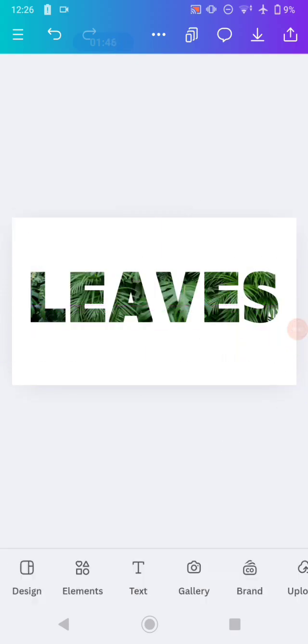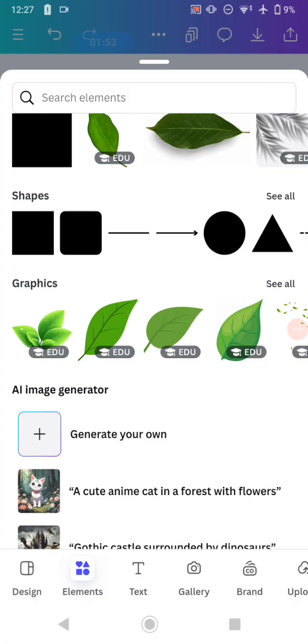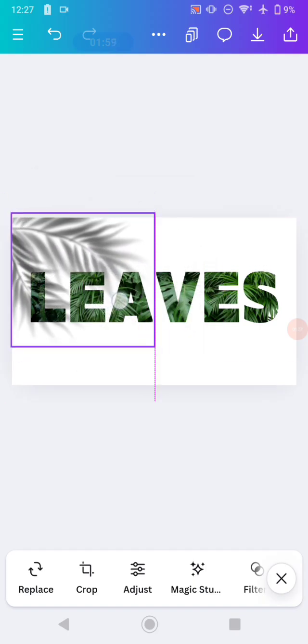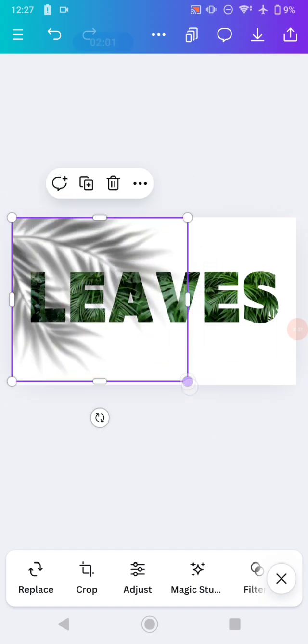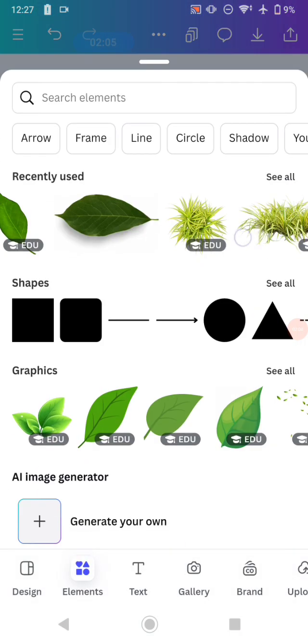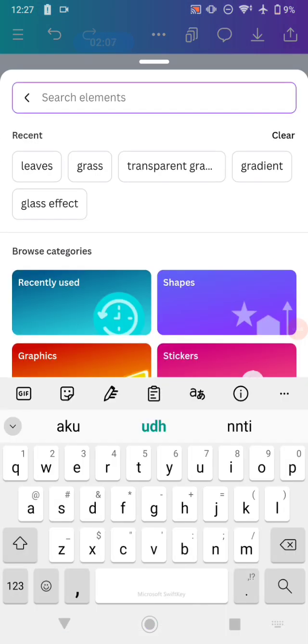And then the next step, you just need to insert an element onto this text by clicking the elements and find the elements that you want to use. So for example, I'm going to add these leaf shadows and put it on this side, increase the size of it just like this. And then the next part, I'm going to insert a leaves image